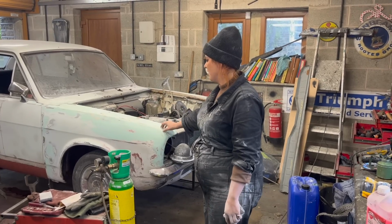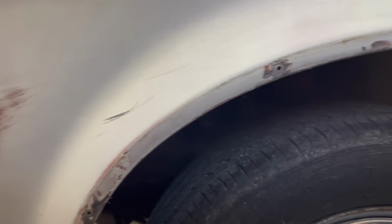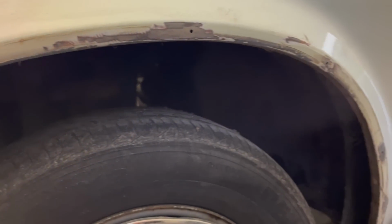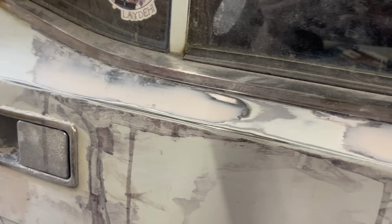So realistically, this wing, I would say for me, is about 80% of the way there. That wing on that side isn't too bad. And then, as I say, it's just these little patches of filler. So I did these door tops on this side. I'll tell you what is really concerning me, and actually we're not going to touch it till after the NEC,